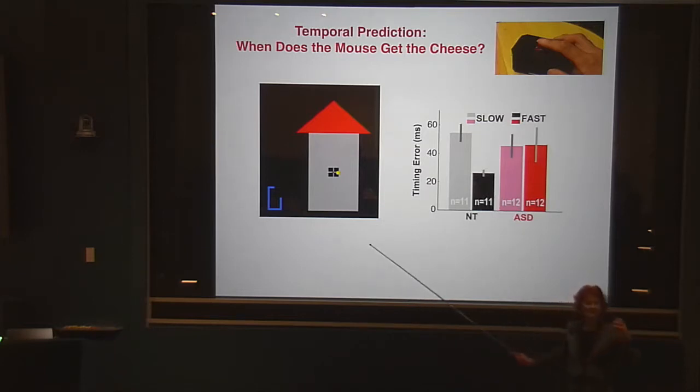And this scaling of the temporal error with time is a very common observation in all kinds of temporal judgment and estimation tasks. The autistic children are similarly, call it bad or not so good, in both slow and fast, with a relatively high variability. So they do not show the typical error pattern in time estimation as is usually seen.